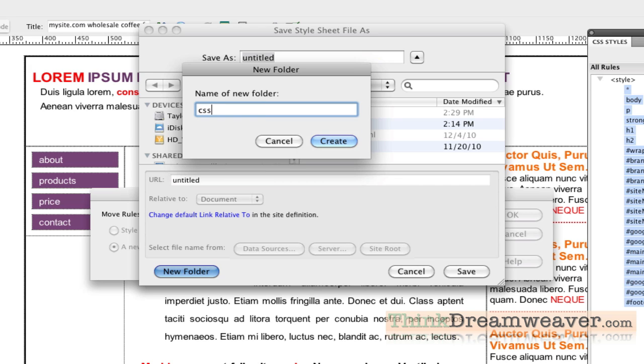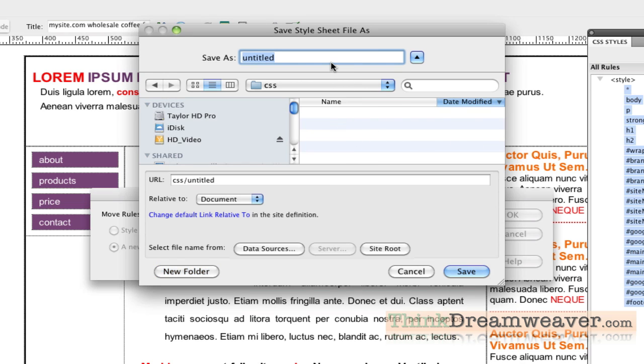Images go inside the Images folder. CSS goes inside the CSS folder. Perhaps Flash SWF files go inside the SWF folder. It just makes sense to organize what you're doing. So that's the name of the folder. Name of the file is